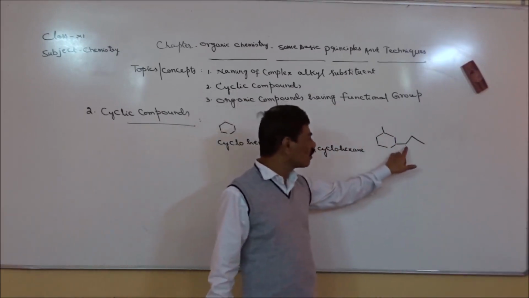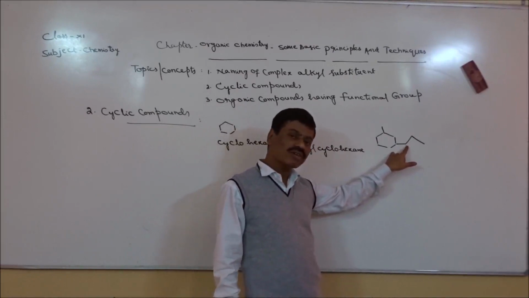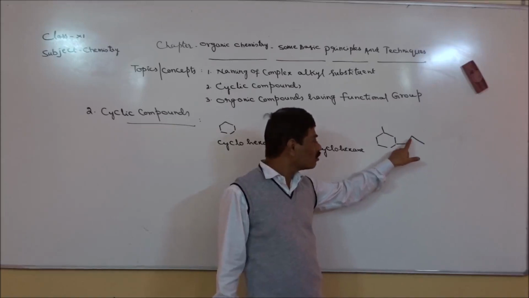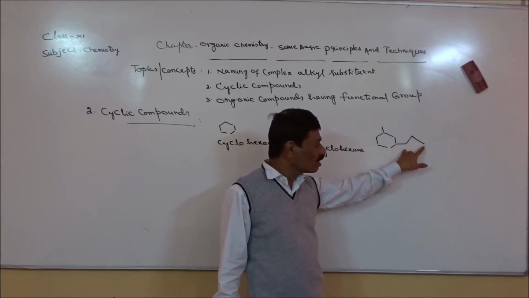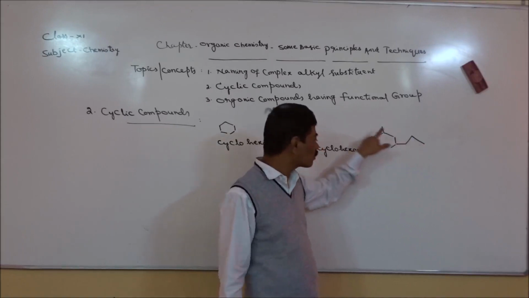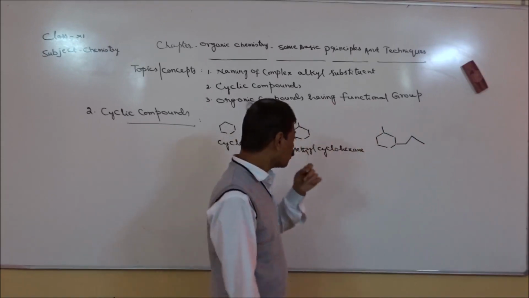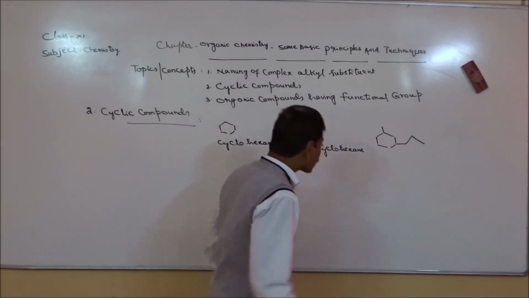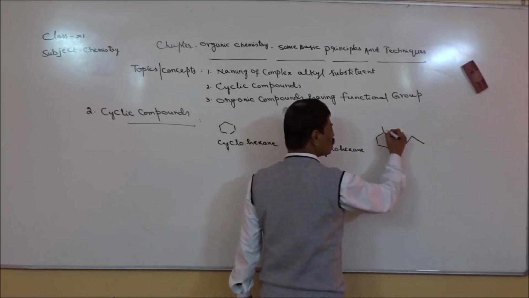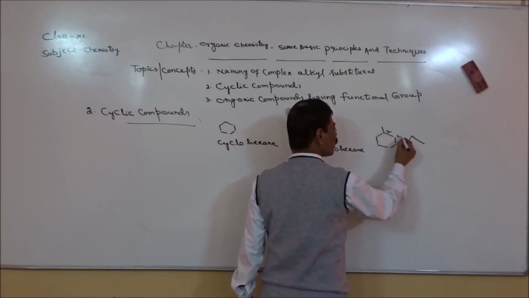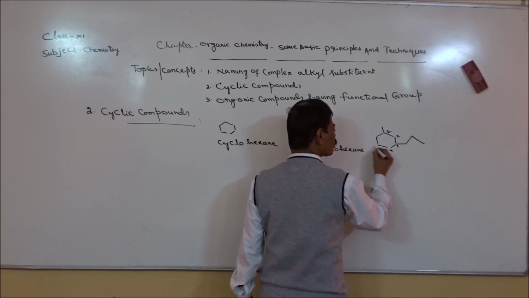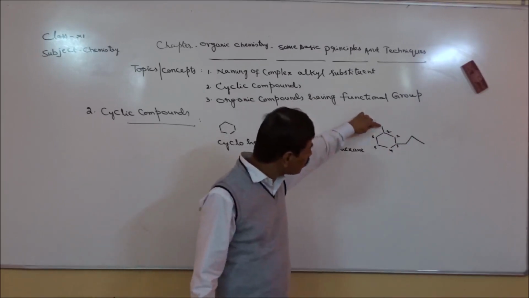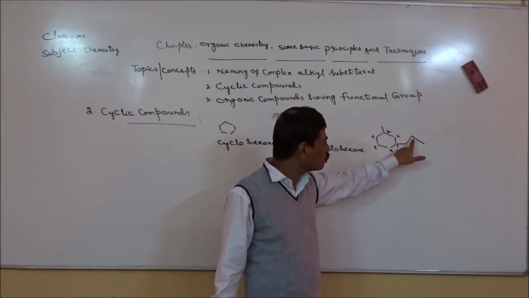This is called a junction, where the two bonds are joining. Wherever two bonds are joining, that shows one carbon and two hydrogen atoms. Like that we have two junctions, and this is a terminal. A terminal has one carbon and three hydrogen atoms. Right? Now, since we have two substituents, positions should be mentioned. This is the first carbon atom, second, third, fourth, fifth, sixth. So this is representing methyl. This is representing 1, 2, 3.